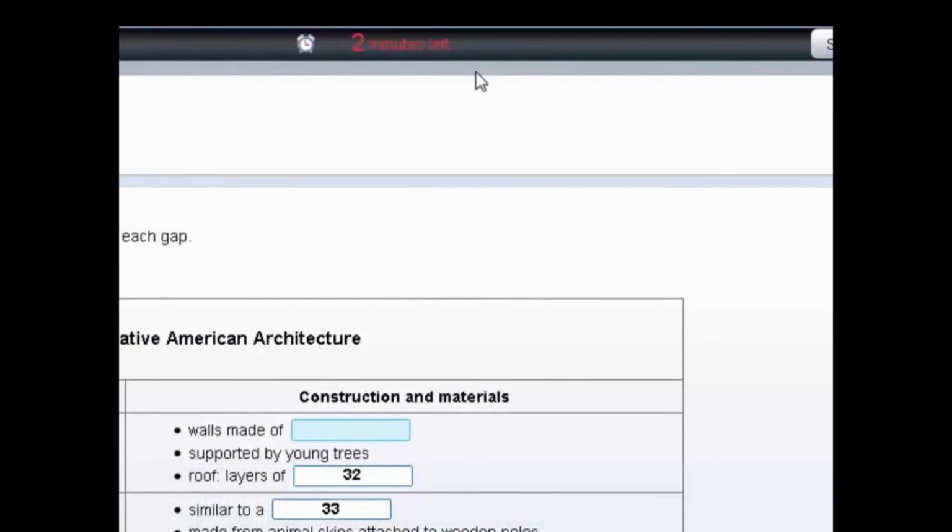At the end of the listening test, you'll have 2 minutes to check all of your answers. The tests will automatically stop when the time